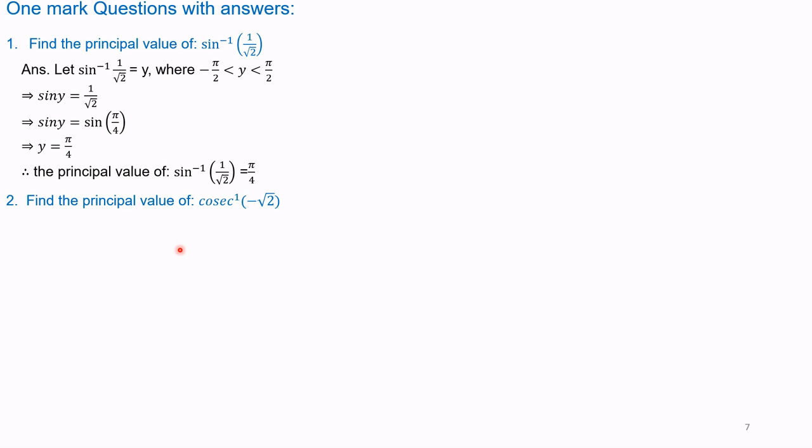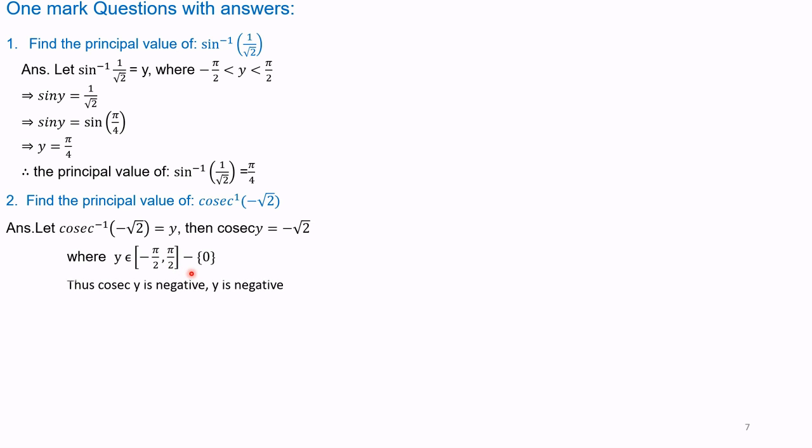Question number 2. Find the principal value of cosecant inverse of minus root 2. Put y equal to cosecant inverse of, within brackets, minus root 2. Then cosecant y is equal to minus root 2, where y belongs to minus pi by 2 to pi by 2. Therefore, cosecant y is negative. You see, the value is negative,